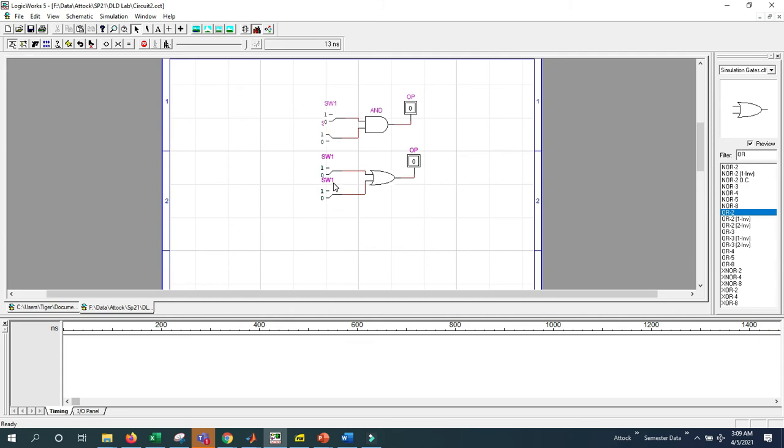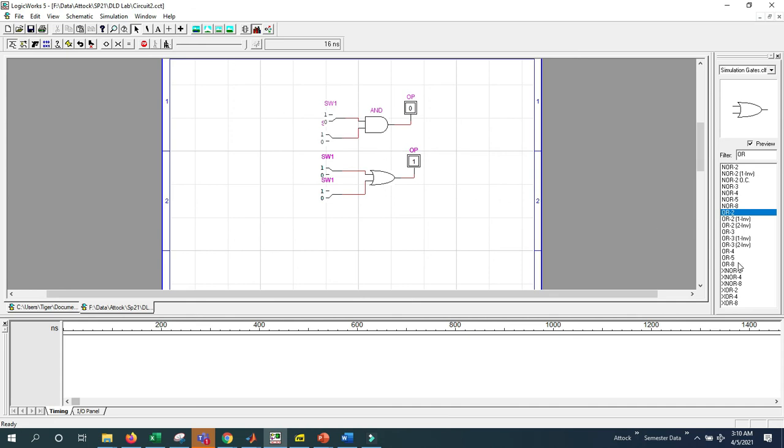And now we will see that when both the inputs in the OR gate are low, then the output is low. We have duplicated from the SW1, so we will not change the name and it will be used as the SW1. If we change the switch SW1 from 0 to 1, we will see that the output is high. So we will see that the OR gate is working perfectly fine in the LogicWorks.